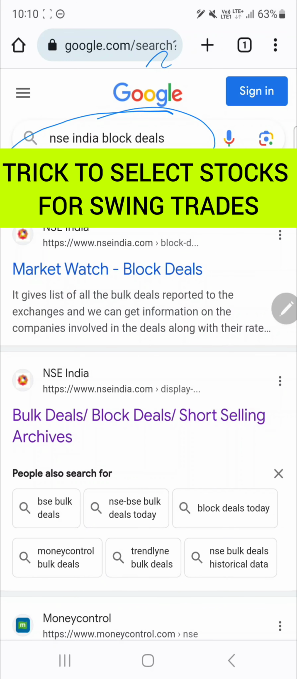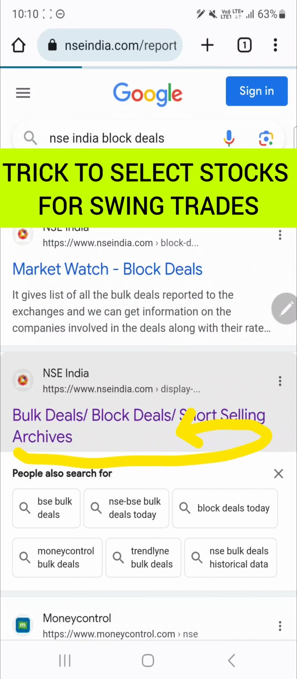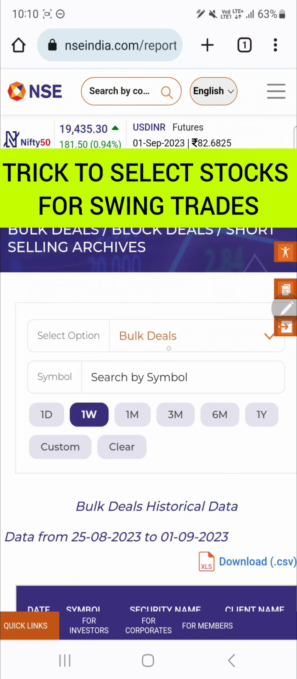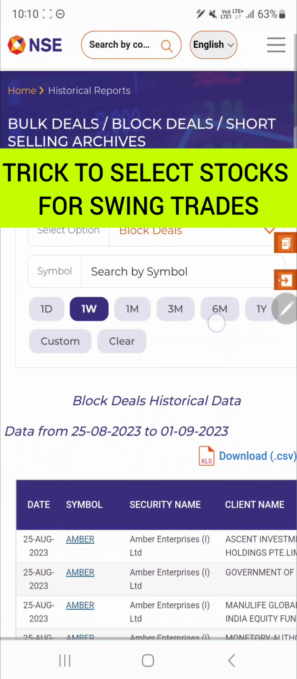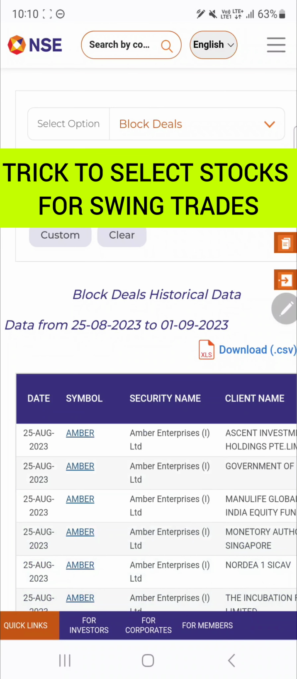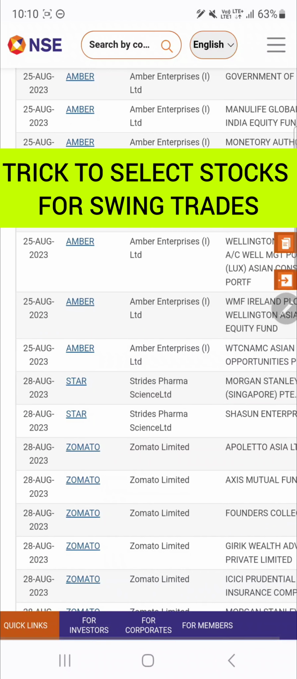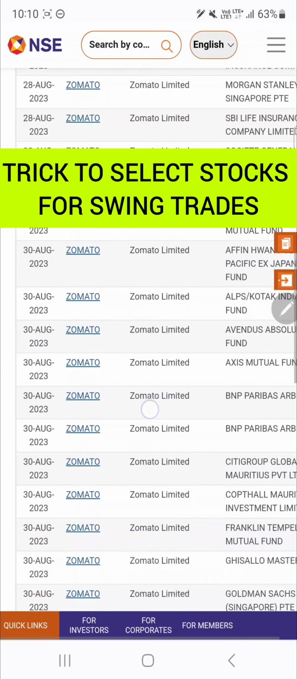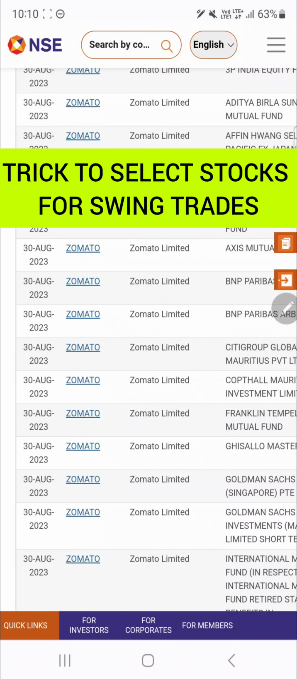Just Google search this thing and then tap on the second link, and once it opens, select this option and click on block deals. So here you can see the block deals happening on the NSE India website. Select 1 week. Okay, so here you can see the 1 week data of block deals, what the institutional or foreign investors have